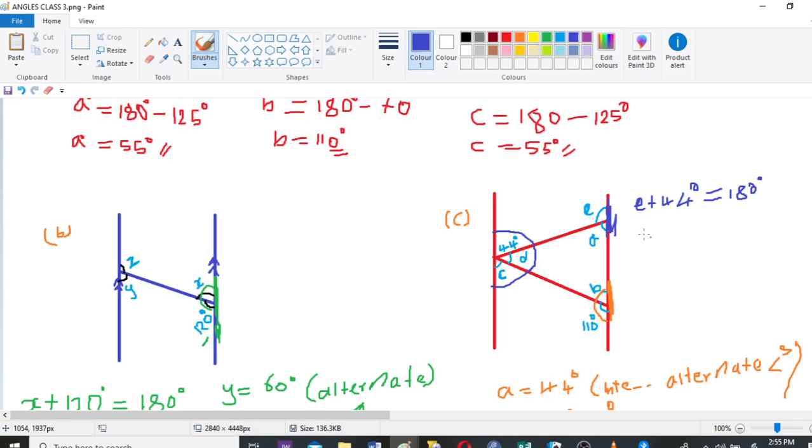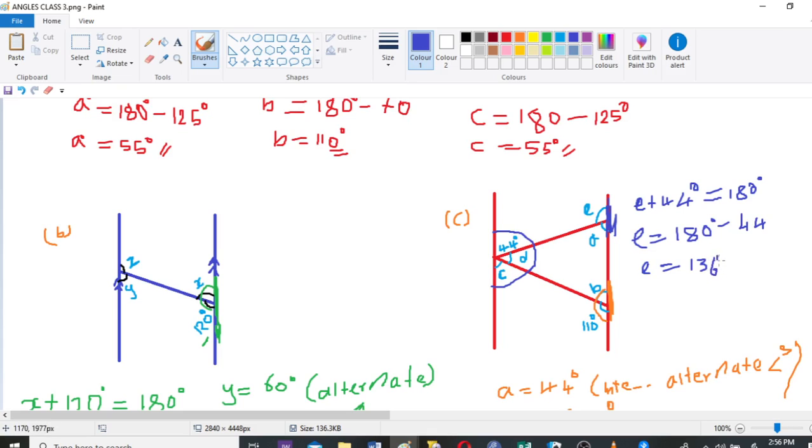So subtracting 44 from 180 will give us the size of angle E, right? So when we subtract 180 minus 44, that will give us 136. That's 136